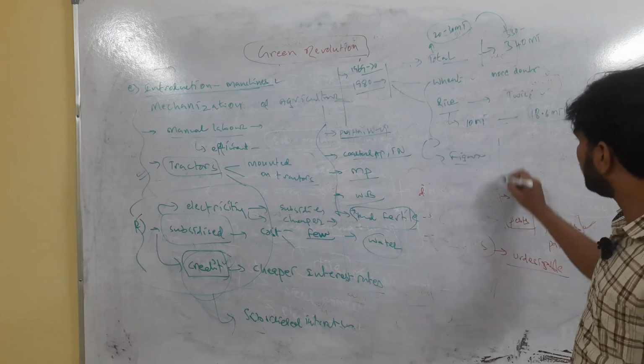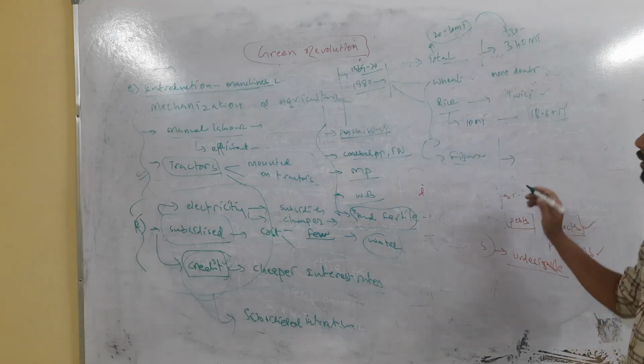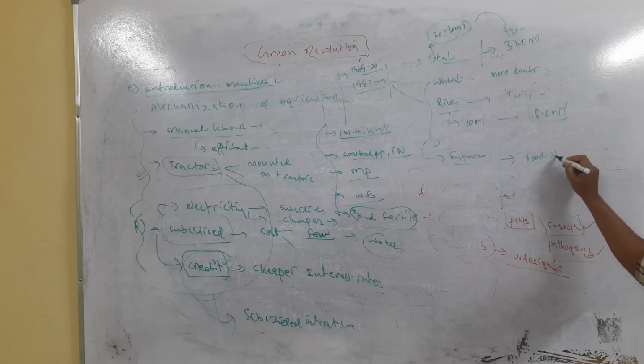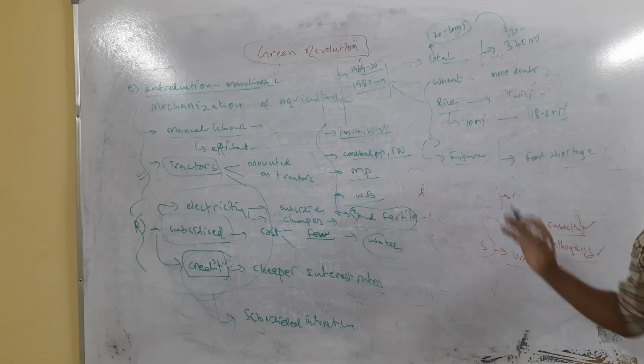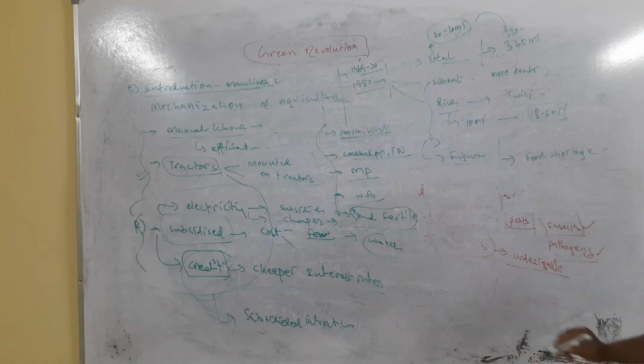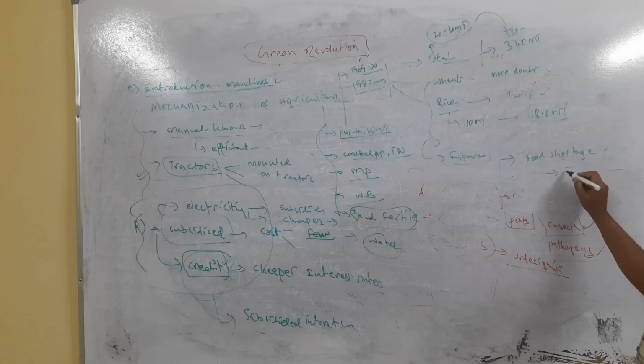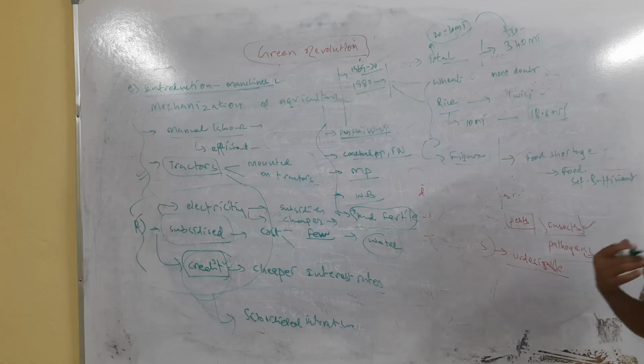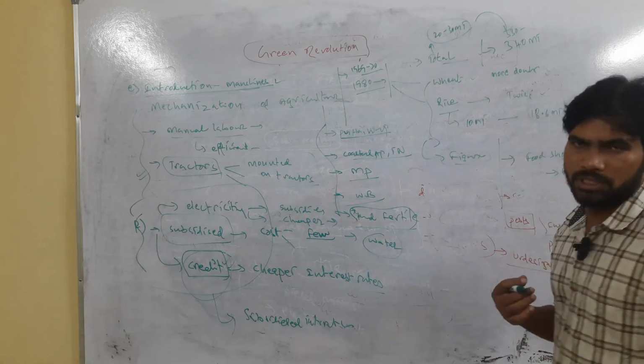Because of this Green Revolution only, we could address the problem of food shortage. Within this 5-6 year gap, we addressed the food shortage. First, we became a food sufficient country, or food-wise self sufficient, meaning we were able to provide sufficient food grains for our own consumption. That is called food sufficiency.